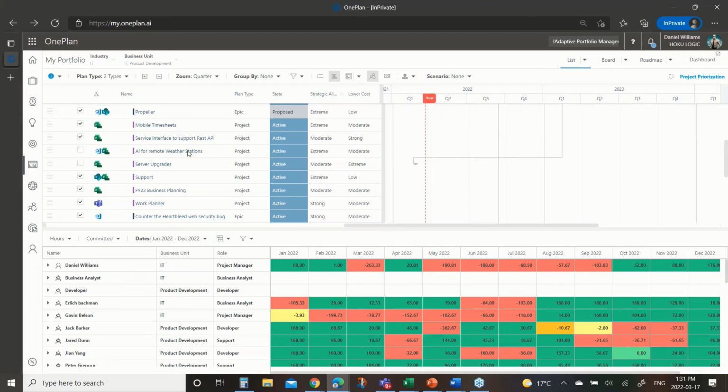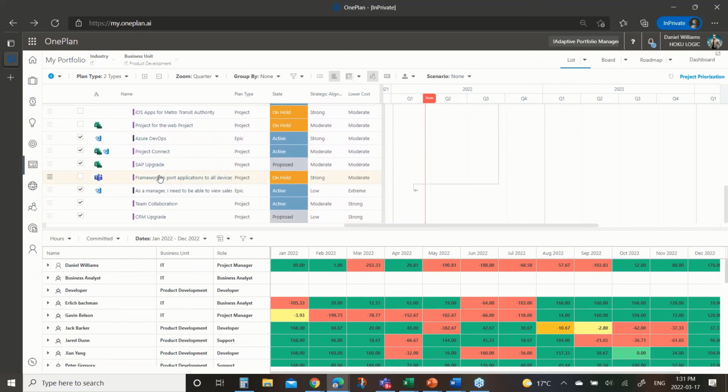So having done all that, let's say out of this exercise we save the scenario and we move forward, and now that SAP upgrade project is going to be flipped to an active project. I won't do that right here, but you could do that. Change that to an active project. Now we need to start staffing this exercise.